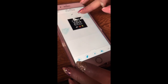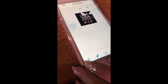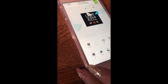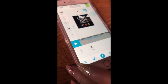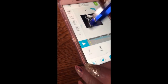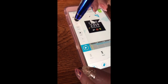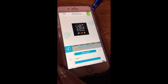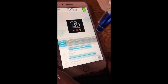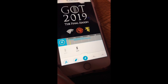I'm actually gonna have this feather be a little bit smaller, and we're gonna send it, oh, not on the bottom, we're gonna send it up. And we're gonna animate that so that it starts falling. It's good with me. Let's see if we can try the tilt along path and see what it does for that. So now if we push play and it zooms in,